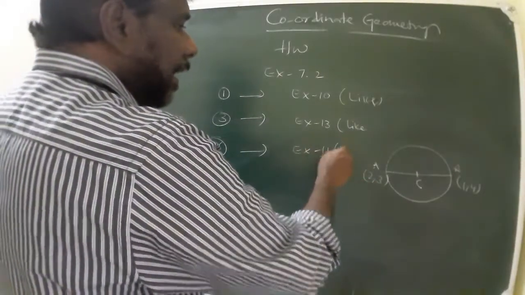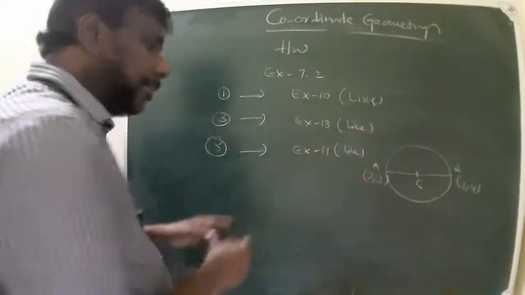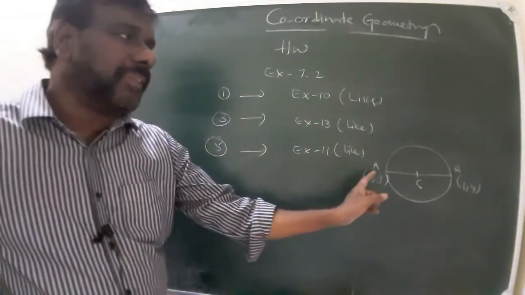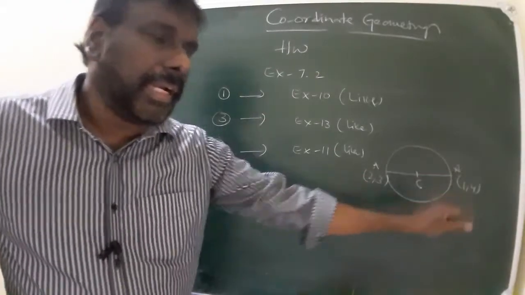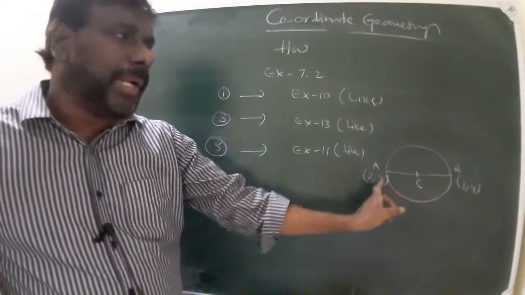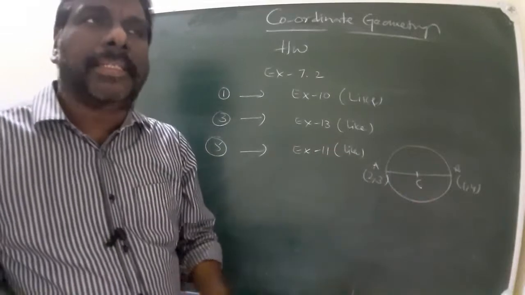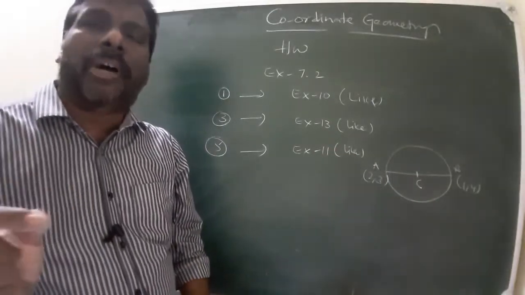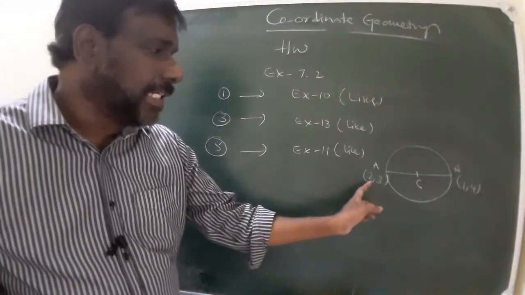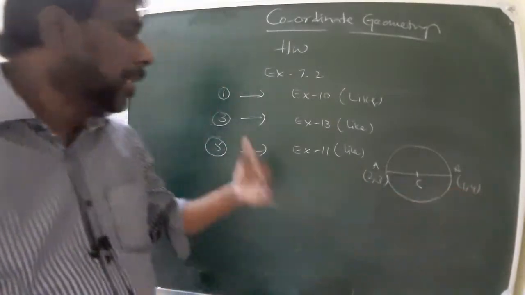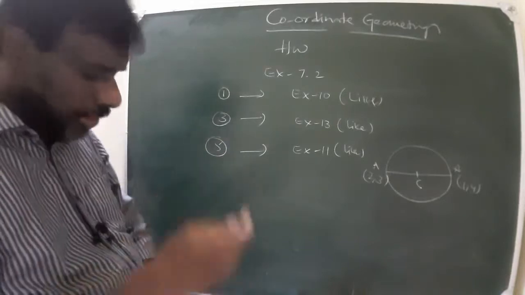It is like the 11th one model, the midpoint formula. First of all you write: let A given A equal to 2, 3, B equal to 1, 4. Center is the midpoint of AB. So you write C(x, y) equal to the midpoint formula: x1 plus x2 by 2, y1 plus y2 by 2. This is x1, y1, x2, y2. So you can use the midpoint formula and do it.